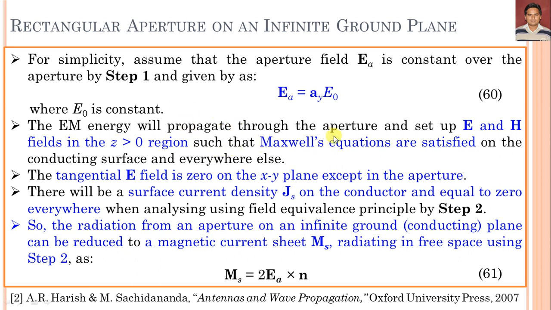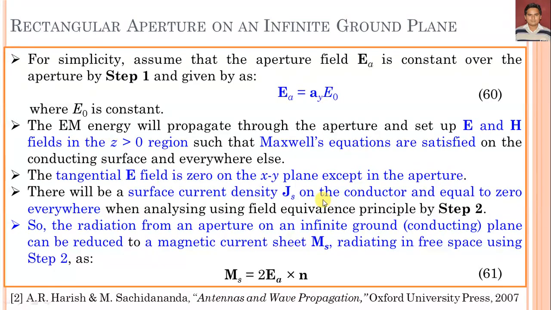The EM energy will propagate through the aperture and set up E and H fields in the z greater than 0 region, such that the Maxwell equations are satisfied on the conducting surface and elsewhere. The tangential component on the xy plane is 0 except at the aperture. So the surface current density Js on the conductor is equal to 0 everywhere when analyzing using the field equivalence principle, by step 2. So by using step 2 we can calculate the Js and Ms values, and Js is equal to 0 because it is a conducting surface,